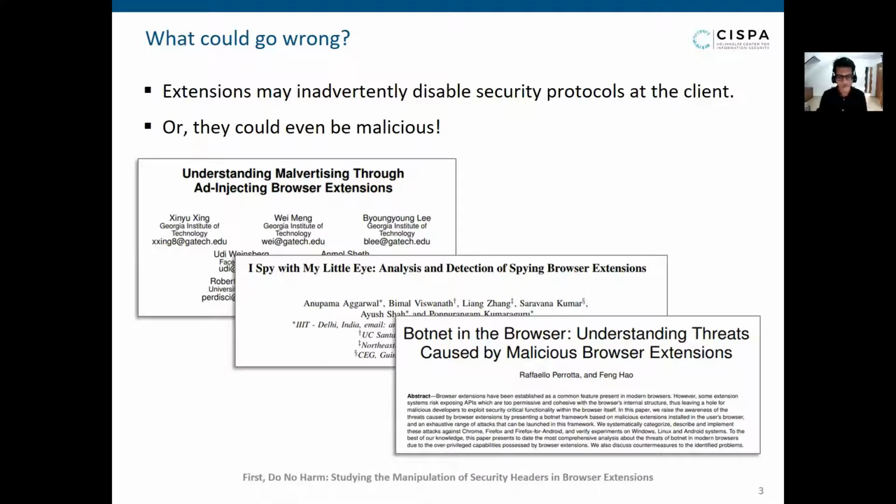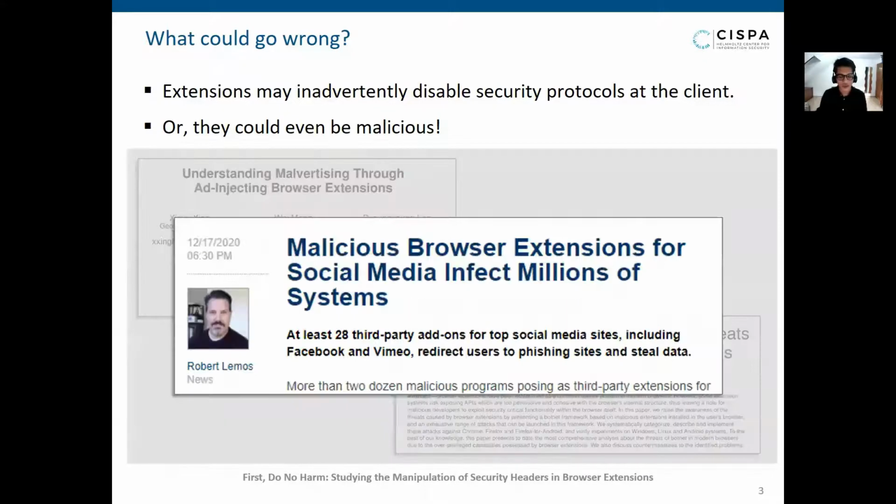Illegitimate modification of the DOM, user fingerprinting and tracking, malware installation, and data theft have been widely reported in the past among malicious browser extensions. In fact, a recent finding by Avast researchers also suggests that these extensions are very much prevalent in the ecosystem, even after taking several measures against them.